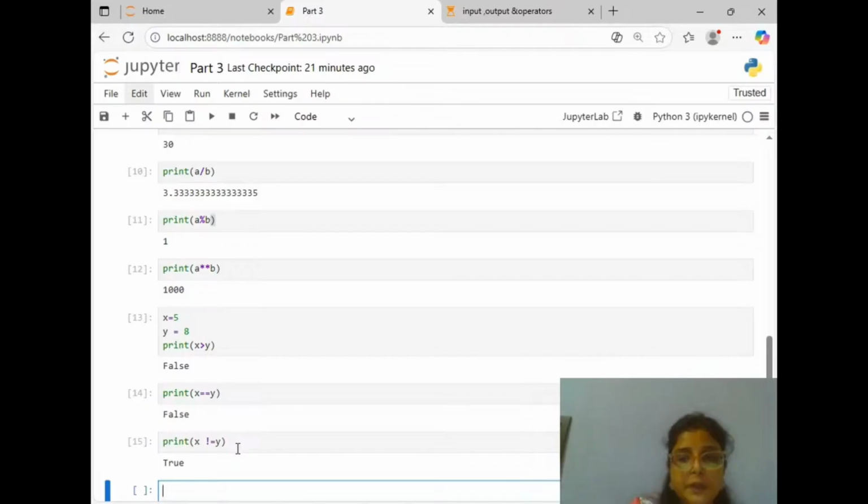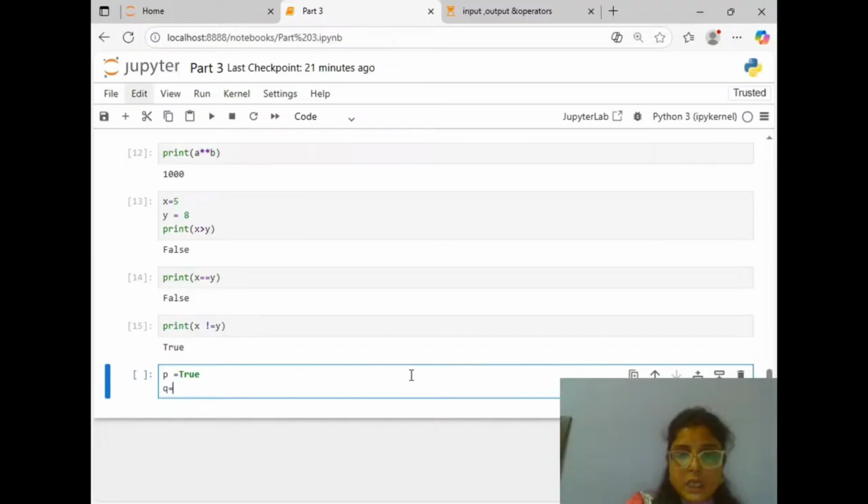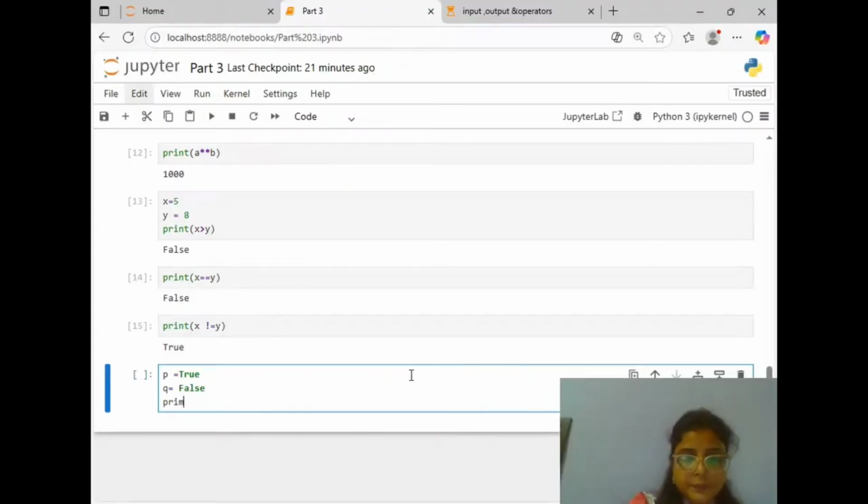Now we have logical operators. If P is equal to true and Q is equal to false, then print P and Q. Which logical operator are we using here?